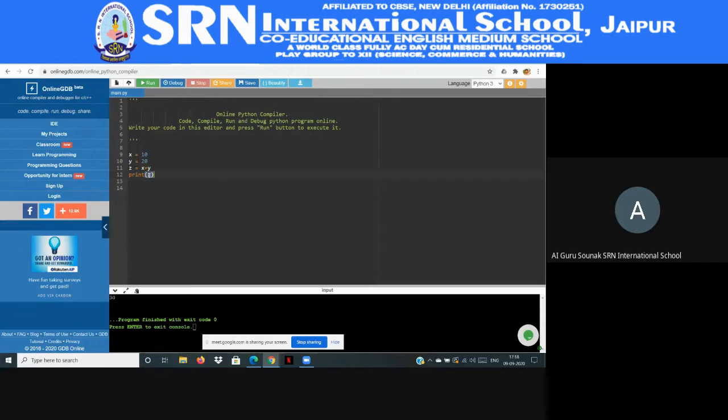Similarly to addition, we can also do subtraction. See, minus. I am changing the value. I am increasing the x value to 50. Then 50 minus 20. Let's see what happens. 30. Similarly to subtraction, we have multiplication.